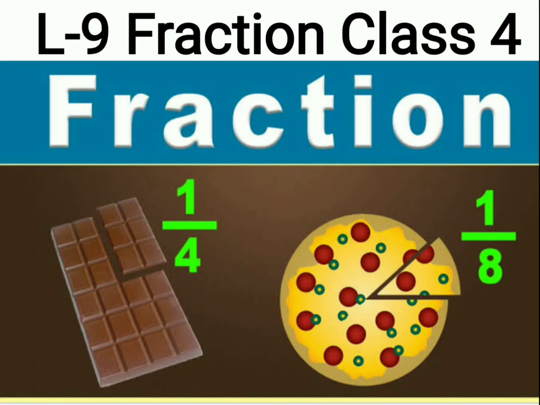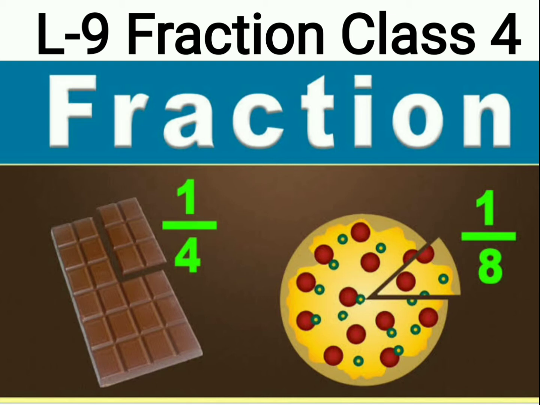Today, students, we are going to start activity 8 of lesson number 9. Activity 8 is basically a multiplication of a fraction by a whole number. As you all know, multiplication means repeated addition. One way of multiplying a fraction with a whole number is this. Another way is to multiply the whole number with the numerator of the fraction, and the denominator you have to write as it is. Clear? So we will use the second method.